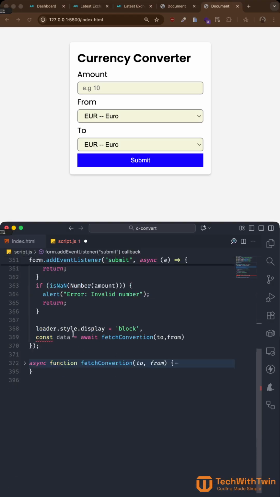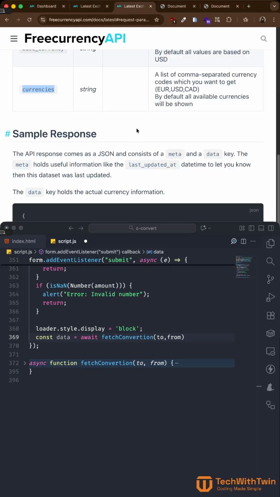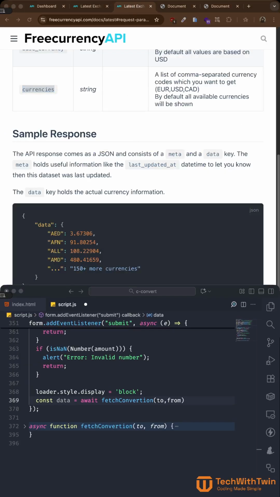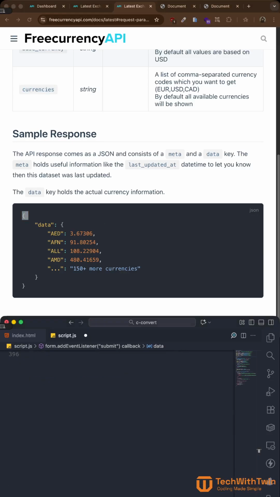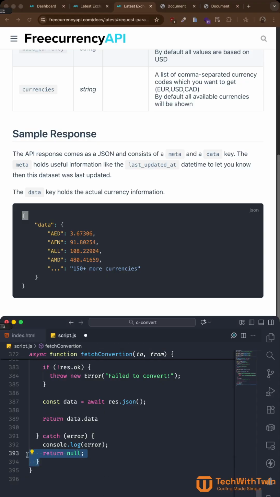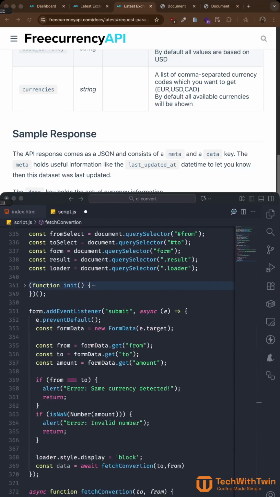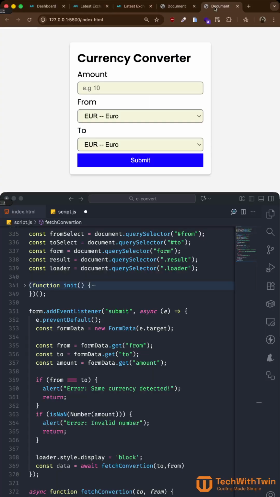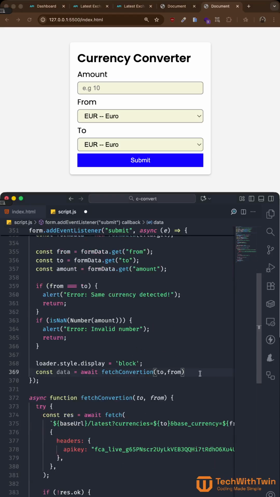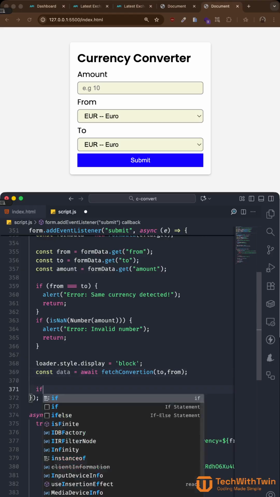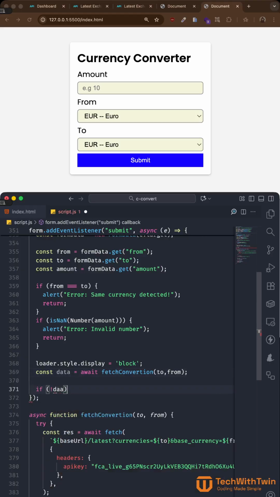All right. So, like that. And then we have a to and a from. So this data, as we said, it could either return the data as we specified here, the response here, or it could return null, because I did return implicitly null if there is an issue. That means we could check for the errors. Let me show you how we could check. So this data will either hold valid data or null. So we can say if not data now,